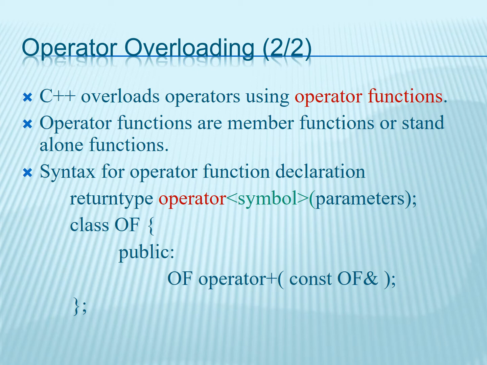The syntax for operator function declaration is the return type, followed by the keyword operator, the operator symbol, which can be plus or minus or any symbol of an operator that can be overloaded, followed by the parameter list to the function. Usually, the return type and the parameter of the operator function are objects of the class in which